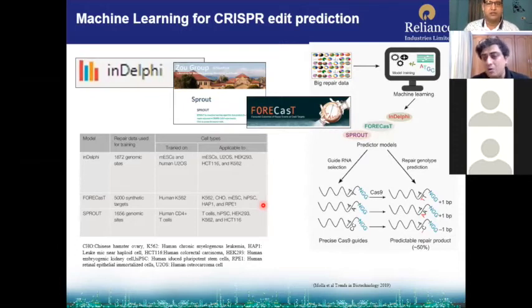Previously, people thought that mutations are random. But nowadays, scientists have found that these mutations are not random. Cell also has an algorithm to basically bring these mutations. So in Delphi or Sprout or Forecast, in silico tool software has been developed by different universities and institutes where you can basically predict this change, and based on the prediction, you can manipulate your experiment. So great AI tools are coming up every day.